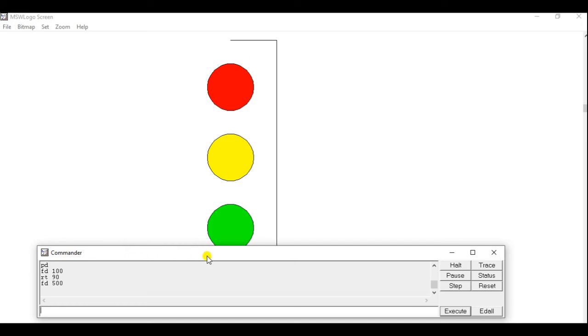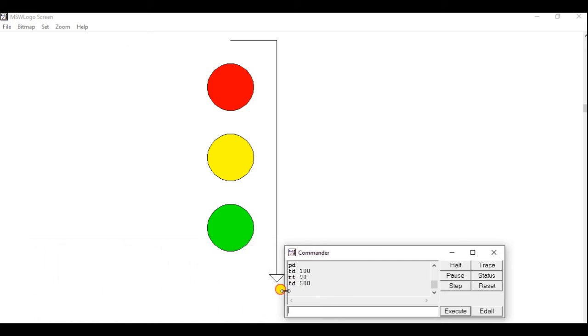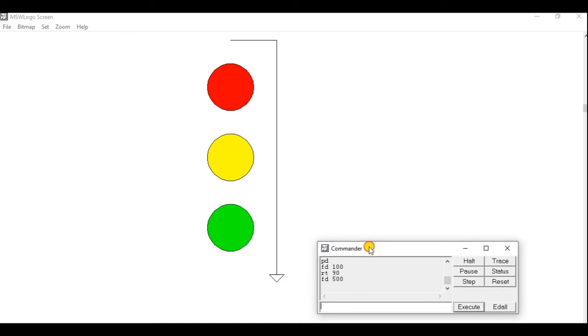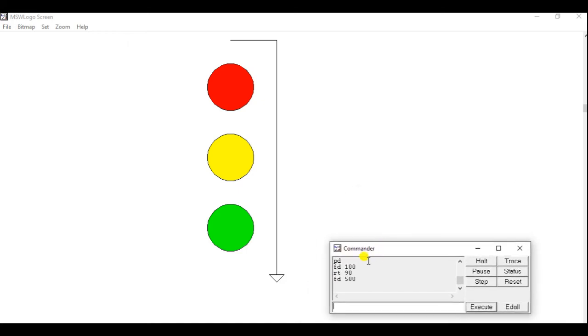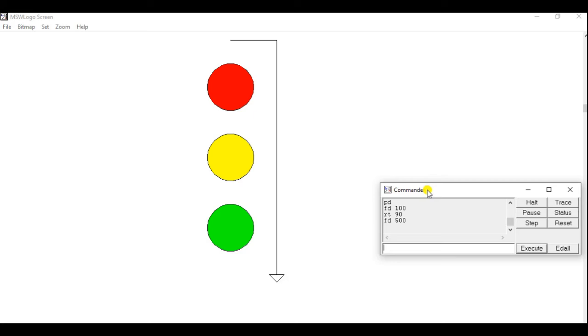Done. Now see, you can't see this line and the turtle, correct? Then what you can do is, whenever you take your mouse pointer here, this size you can increase or decrease. So you can decrease this size, like this, and take it here. Click and take it here. Understood? Okay, got it.